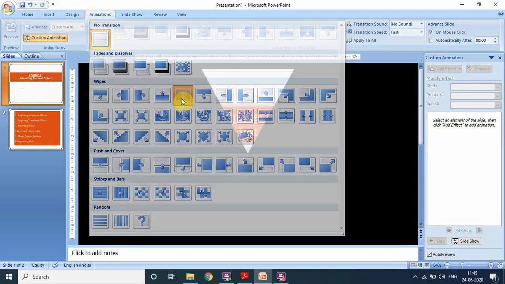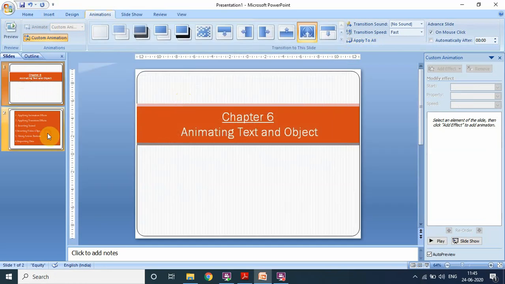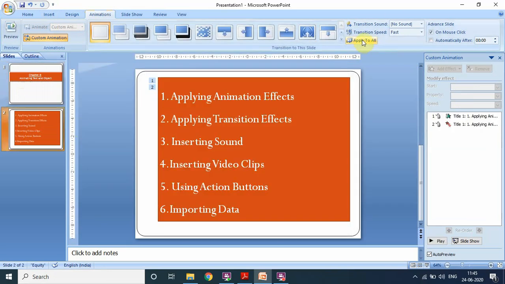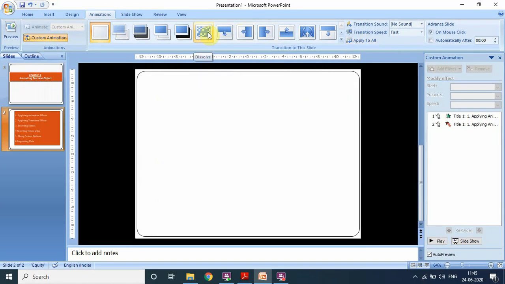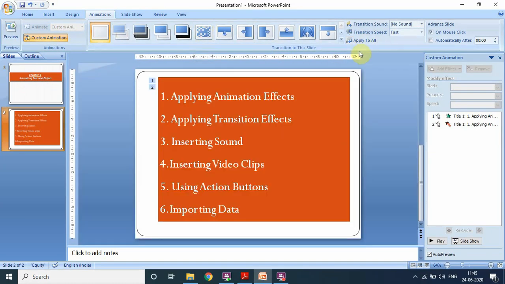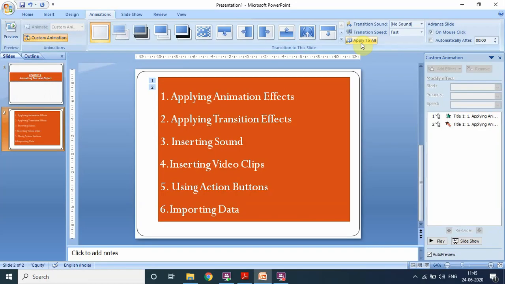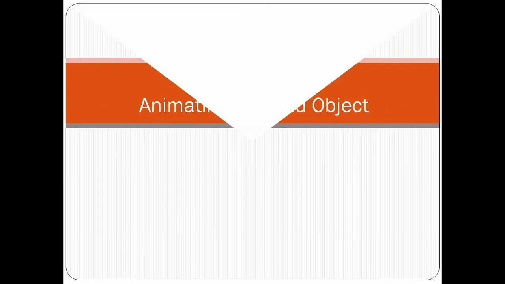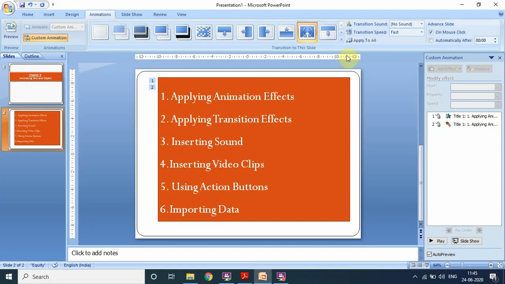Suppose I have applied this transition and when I go for a slide, similarly, see there is the option for apply to all. Whatever the transition effect, if you want to apply it to a single slide or to all, you can go for that. Fine. Let's have a slideshow and view. See. So that means how my slides are changing, I can go with that. Okay. Suppose this is the effect and this is the transition I have applied to all. Now let's see this one, this one. These are the transition effects.